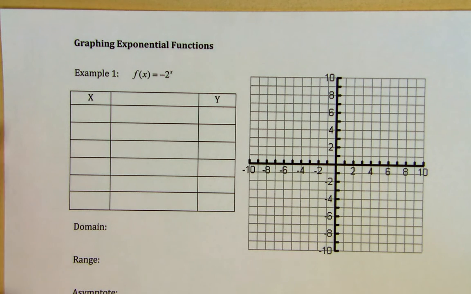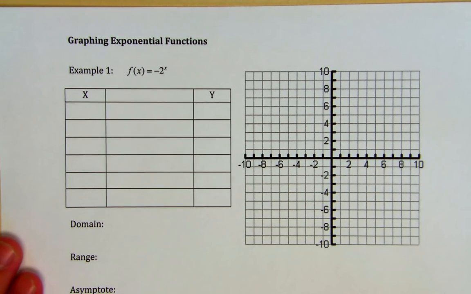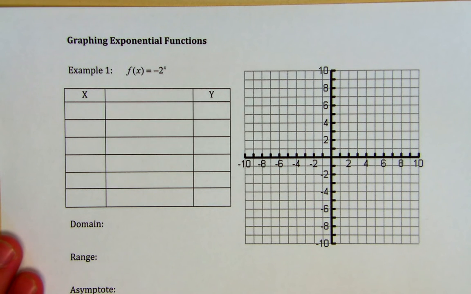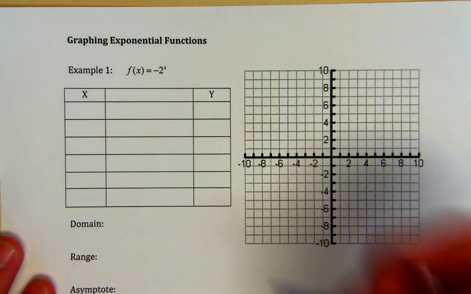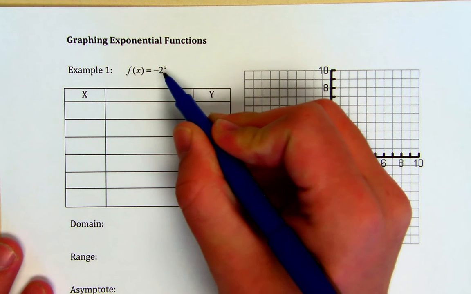In the last video, we talked about evaluating exponential functions. In this video, we're going to learn how to graph those exponential functions. So for our first example, I'm going to rewrite this equation, f of x equals the opposite of 2 raised